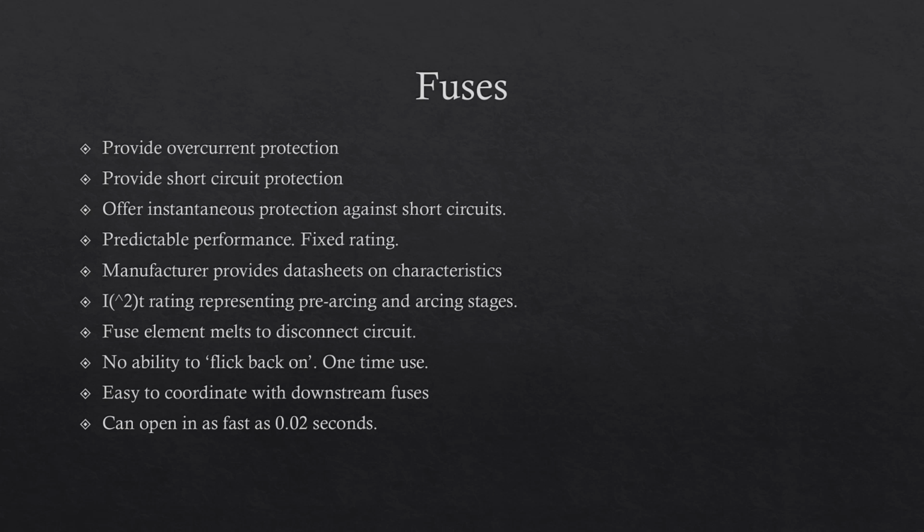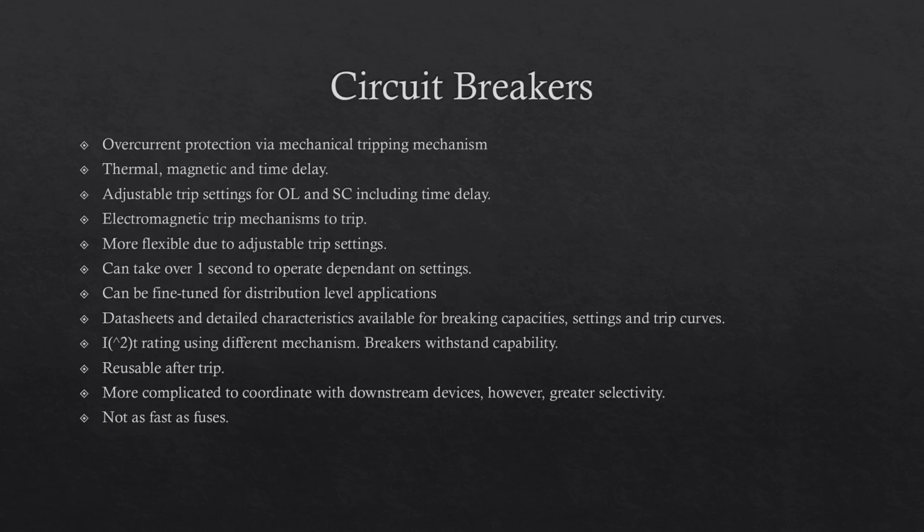And as mentioned, it's easy to coordinate with downstream fuses. Yeah, brilliant. Fuses. Next thing, circuit breakers. Circuit breakers, I'll try and keep this one a bit faster. Circuit breakers offer overcurrent protection. They have different means for this. Could be thermal, magnetic,